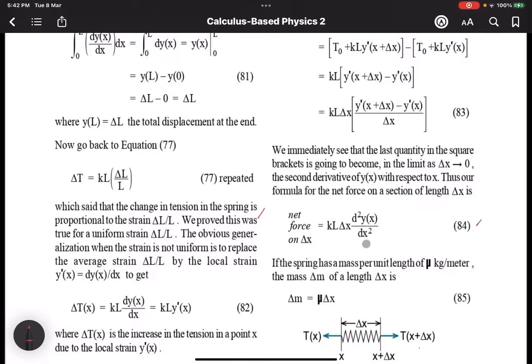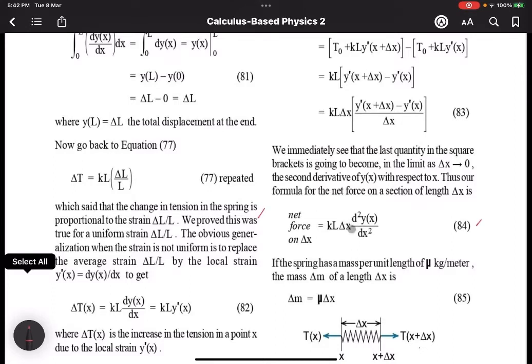The acceleration of the object is the change in velocity of the object. Yun yung ating unang discussion, no, about derivatives, di ba? So applying this dito sa ating spring, the net force is equal to the change in